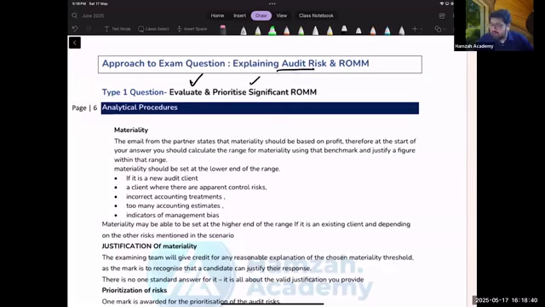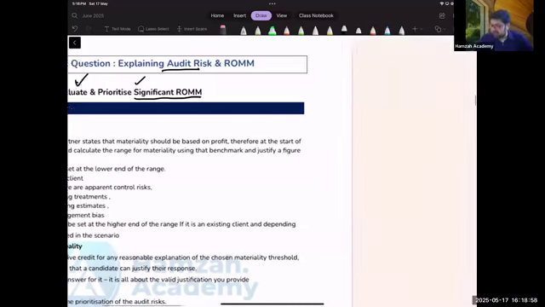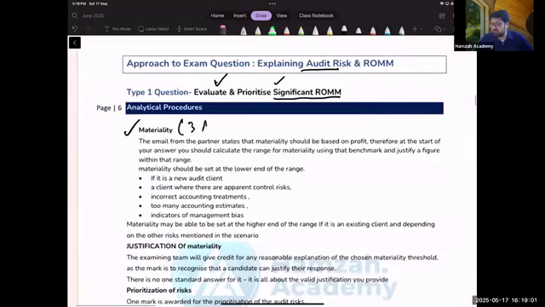On it. Evaluate and prioritize significant risk of material misstatement or audit risk. So the first thing to be done is materiality. Calculation and justification has 3 marks. Okay. So, for example, and it is told to you in the exam that materiality will be based on